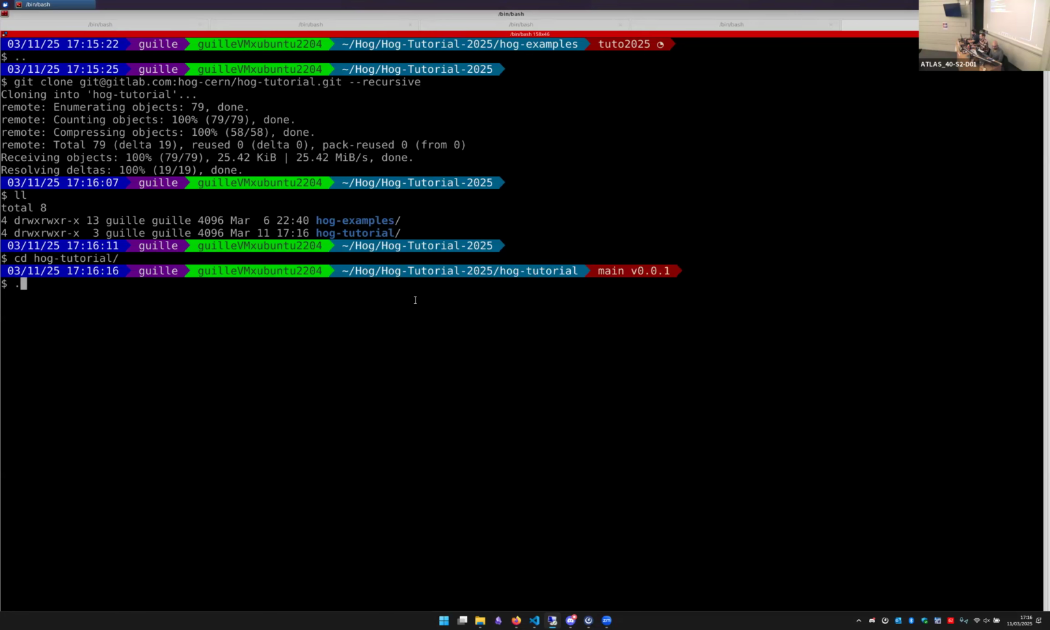So first, there is a beautifier and a way to make Hog more user-friendly that is using the logger, and then, for example,